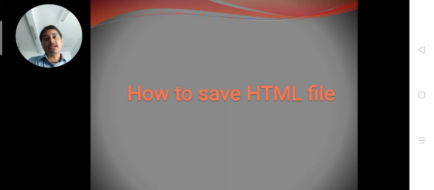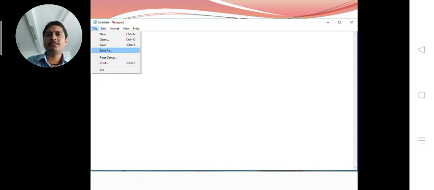How to save HTML files? This is very important. You will be writing all the codes, but if you will not save in a proper manner, then you will not be able to work, means your file will not appear in HTML format. So just see, open your notepad, default text editor where we will work, write your codes, whatever the code you wish to write, and then click on the file menu, and then fourth option, save as.